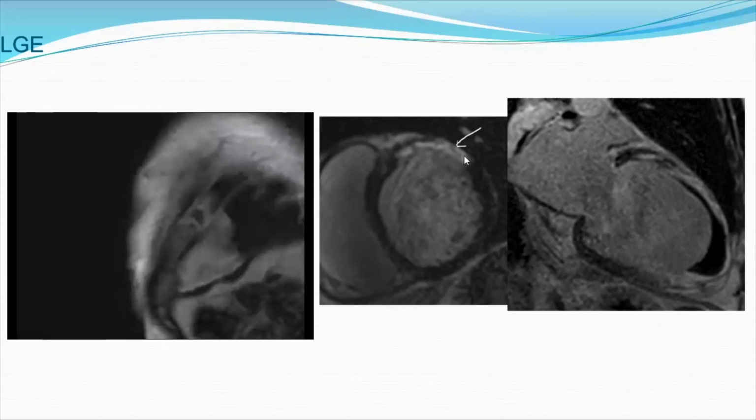So we see there is a full thickness scar in the LAD distribution, and there are some small black areas within this full thickness scar, which represent microvascular obstruction or no-reflow phenomenon, whereas the central core is so dead that there is no blood flow in it, even on the delayed enhancement images. This is a full thickness scar in the LAD territory, and this black structure is the clot, which has not enhanced even on the very delayed images.